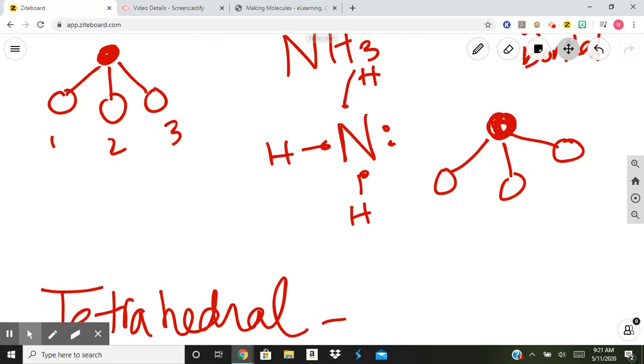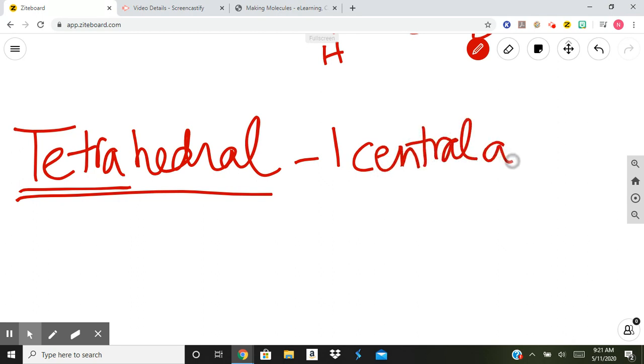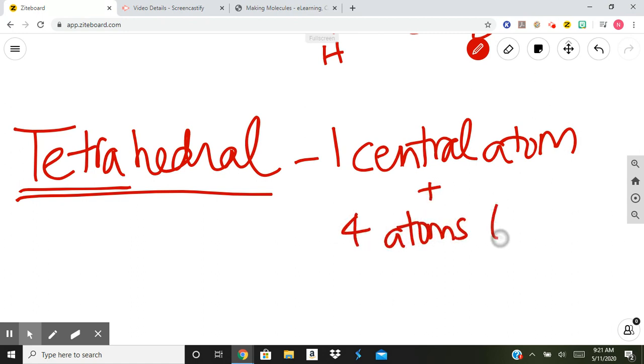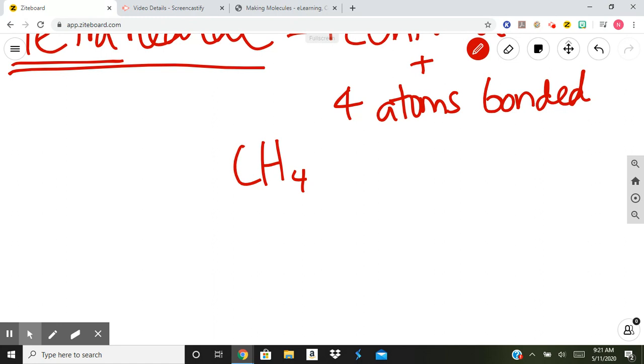All right. The last shape we have is tetrahedral. So we're going off of the prefix tetra. Tetra means 4. So tetra is one central atom with 4 atoms bonded to it. An example of tetrahedral is methane. CH4 is methane. So you have carbon in the middle,